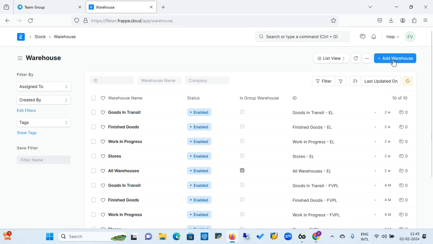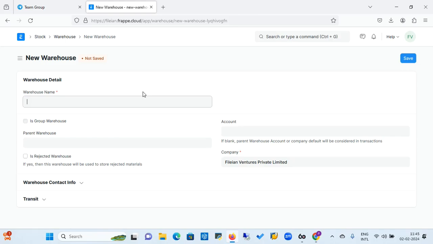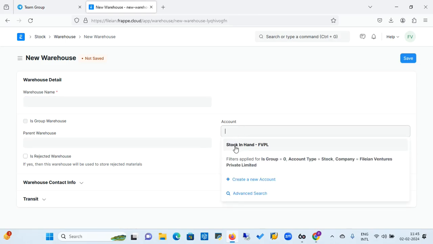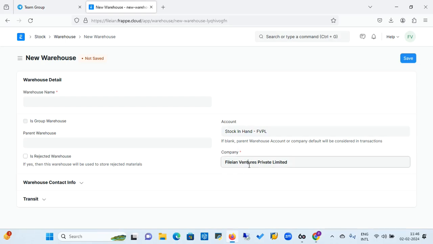And suppose you want to add any new warehouse in your company, then you need to just click on this add warehouse button, and you will land on a new warehouse doc type where you can put the warehouse name, then under which parent warehouse this new warehouse belongs, then the warehouse account for your company, which will obviously be stock in hand, or it may be different according to your company. My company is Alien Ventures Private Limited, so I am using the stock in hand account for this particular warehouse. So you need to give a warehouse name, so I am giving a warehouse name like